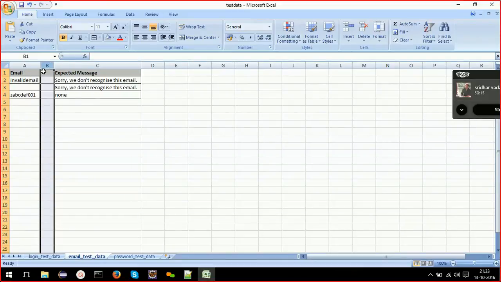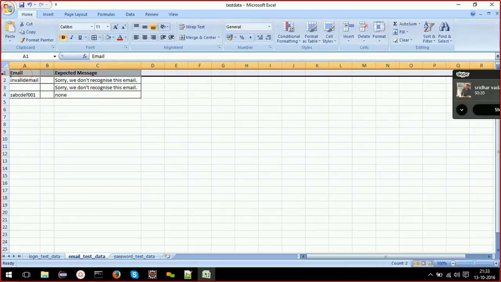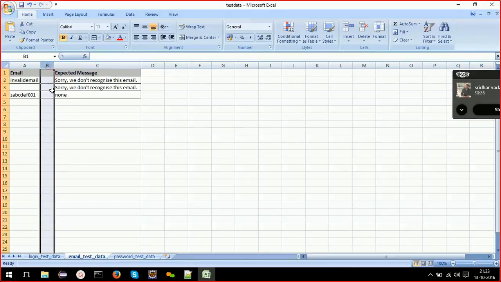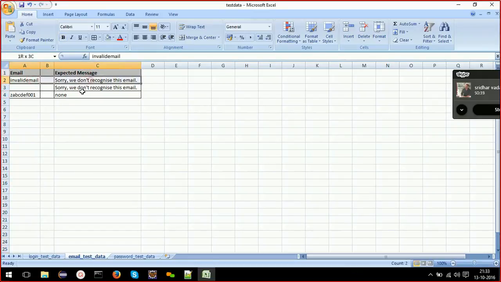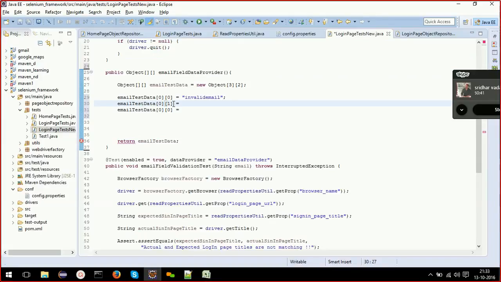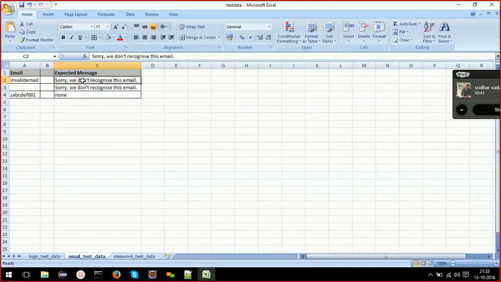This is for readability purpose. I just put this additional row over here just to tell what data is present in here, and to differentiate between input data and expected message or expected result, I put one additional column over here. But in our actual test case, we don't need to put all this stuff. We can directly go and take the values. So that's why 0 comma 1 will be this value.